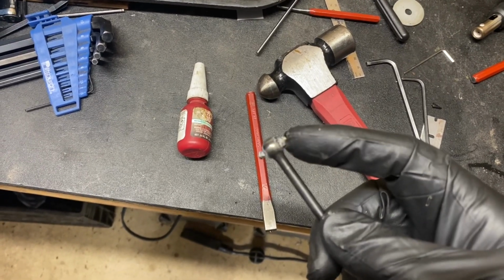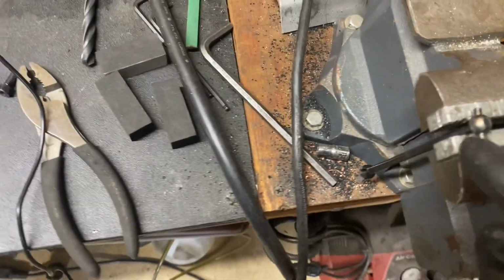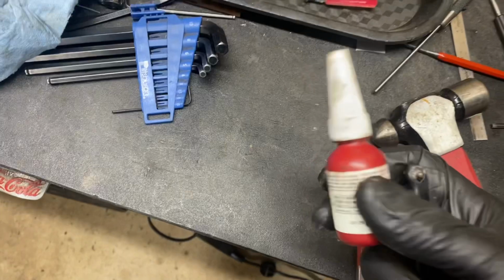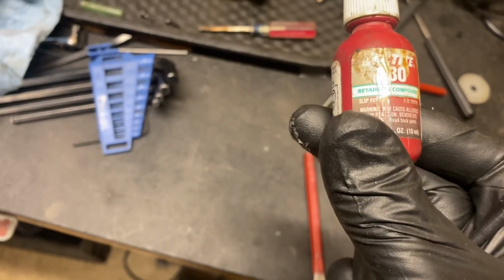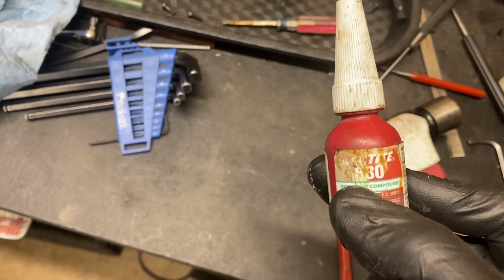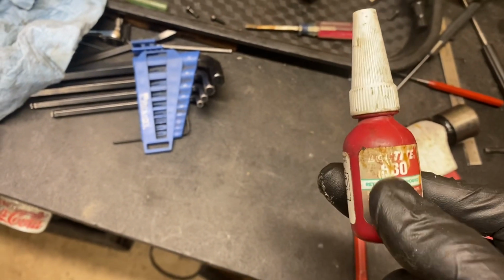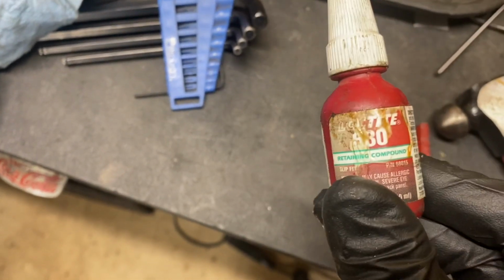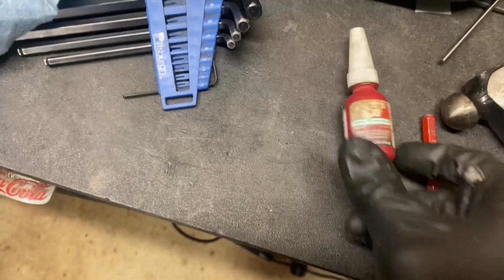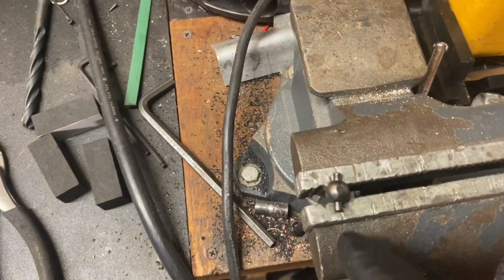I pushed these pins, well, not on this one. On this one, I pushed the pin completely out, and I coated both the pin and the inside of the dog bone with this Loctite slip fit compound. I can't see what number that is, I'll have to look it up. I don't know if that's an 830 or a 980 or something, but anyway, I can check it out. It's like a green retaining compound. So on this one, I pushed the pin out, coated the pin, coated the inside, tapped it back in